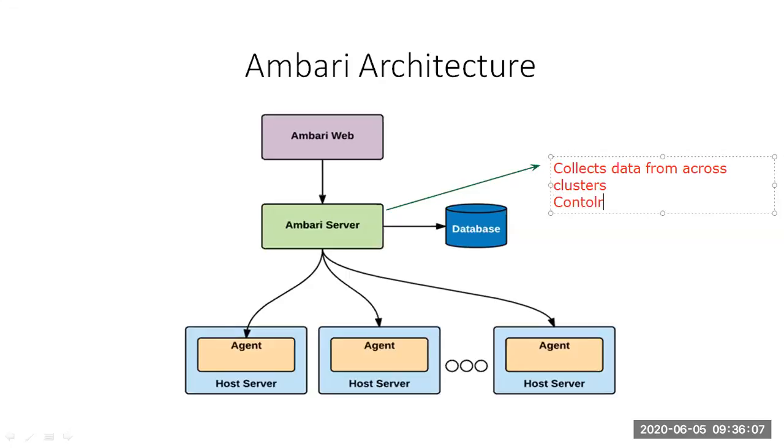this controls the host. I mean the agent. And the next thing is, as I told you, Ambari Web. So it is calling a method. It is going to hold something called Ambari REST API, which will be acting as an API and which helps you to access cluster information and perform cluster operations.